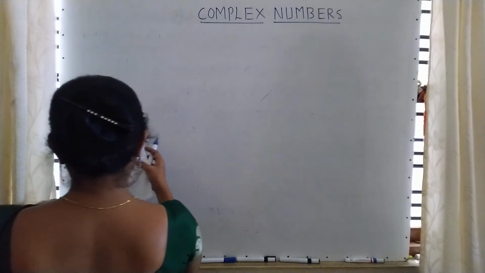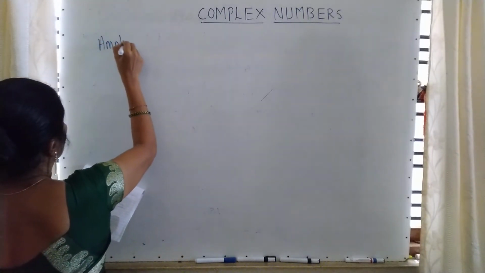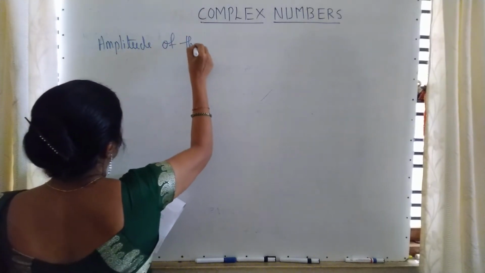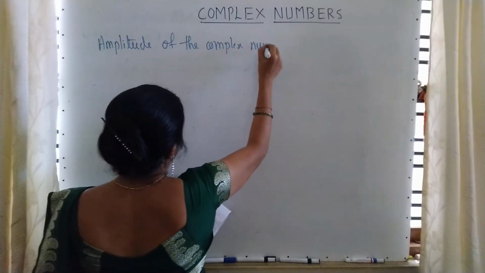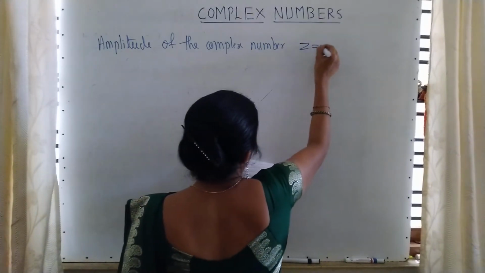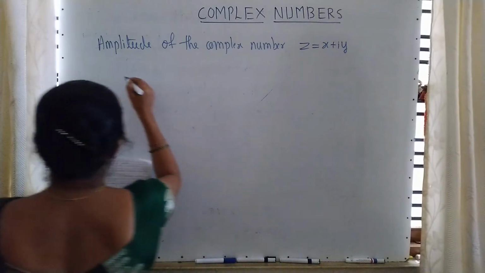Amplitude of the complex number z is equal to x plus iy is calculated